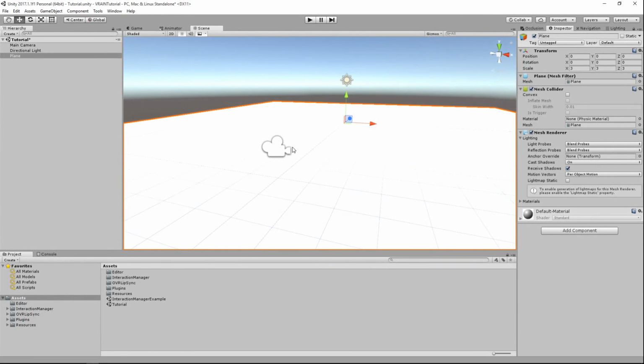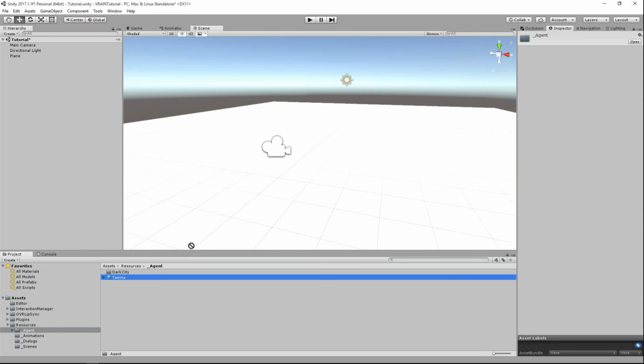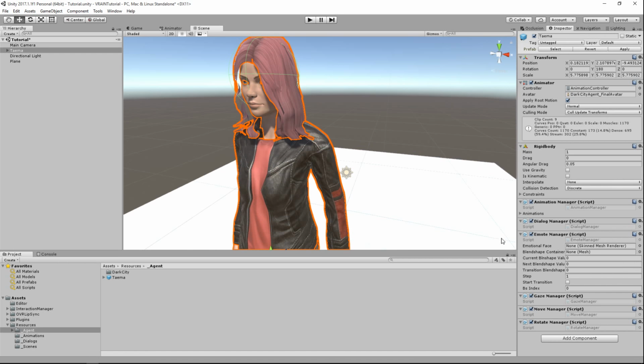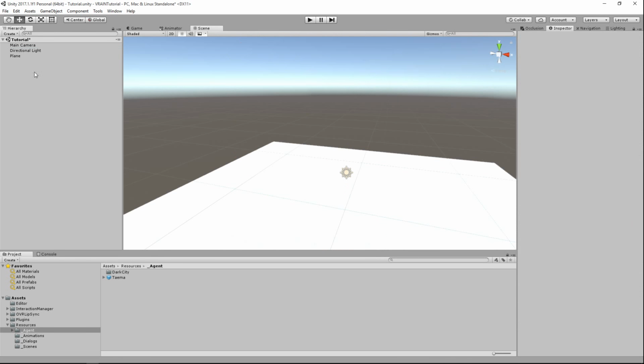So this was our Unity project. We know that all the things that we need are right here. So in this part, we're going to configure our first character. Now, if you go to Resources and Agent, you have a character here. This is Taima. We've been using it in the other tutorials, and she's already configured, so you can use it as a reference. But for now, let's pretend that we don't have her, and we're getting a character completely from